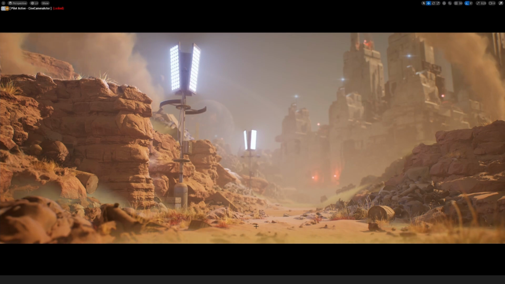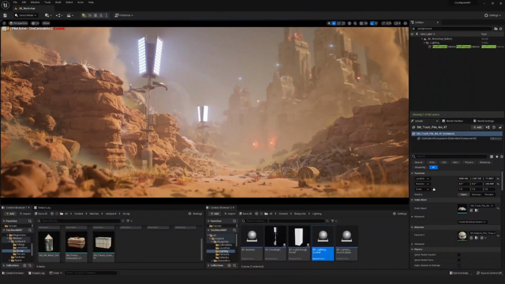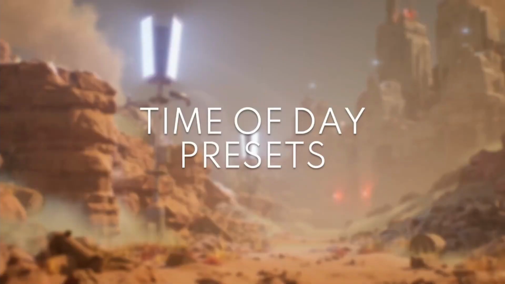This is the scene that I've created for this workshop, and it's using lots of the different tools that I'm going to be demonstrating today. Some might be a bit more obvious than others, but that's the point of a good tool. At the end of the day, if you can't really tell that it's doing its job sometimes, I think that's best. So the first thing we're going to go over, as the slideshow says, is the time of day